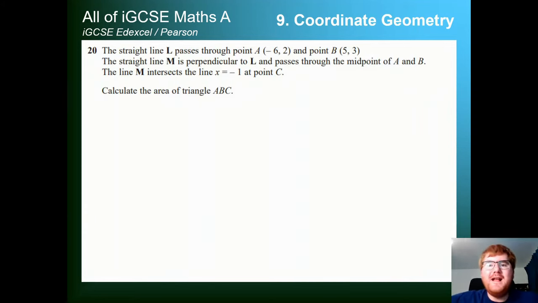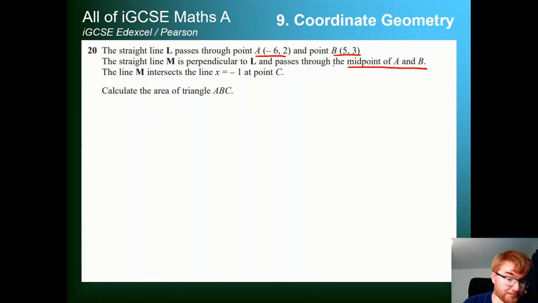However, it's not always this straightforward, and our question 20 here is one of those kinds of questions. So we've got the straight line L, and it passes through these particular points, A and B. The straight line M is perpendicular to L, so using what we did in the first question, and passes through the midpoint of A and B. Okay. The line M intersects the line x equals -1 at C, and somehow we need to work out the